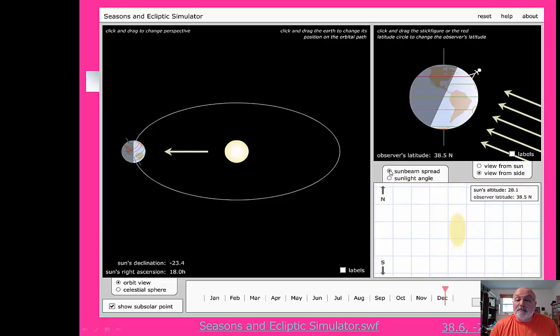If you look at the spread, you can actually see that the light is spread out. If I move toward the poles, you can see it spreads out even more. And then when I get to this Arctic Circle up here, you notice the sun disappears and I'm in darkness. And then if you go down here to the Tropic of Capricorn, you notice the sun is most direct. So most of the direct sunlight is located directly opposite this limb, or this dark line,